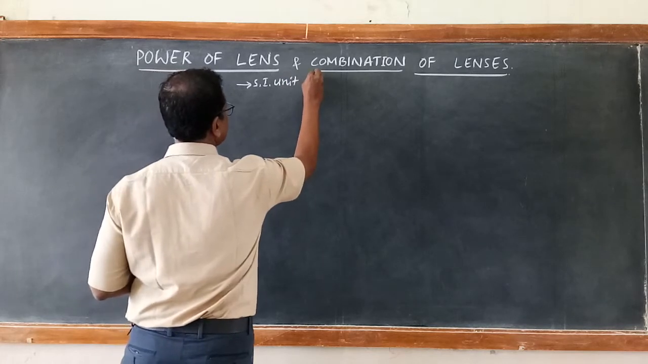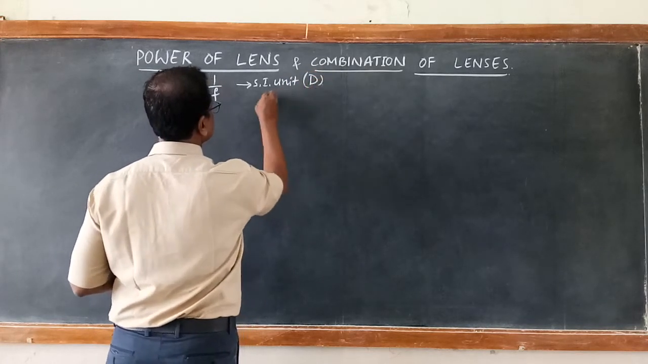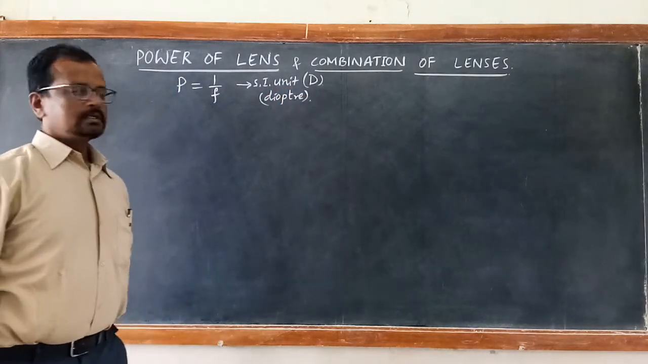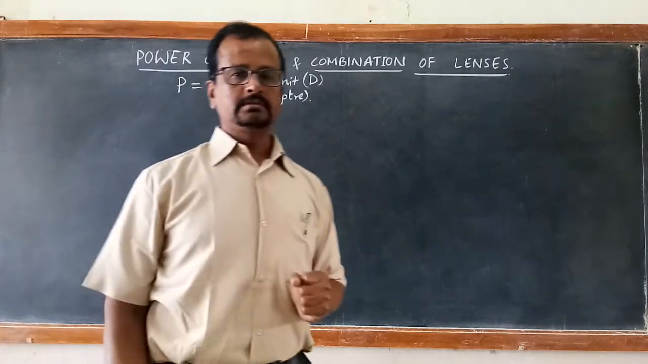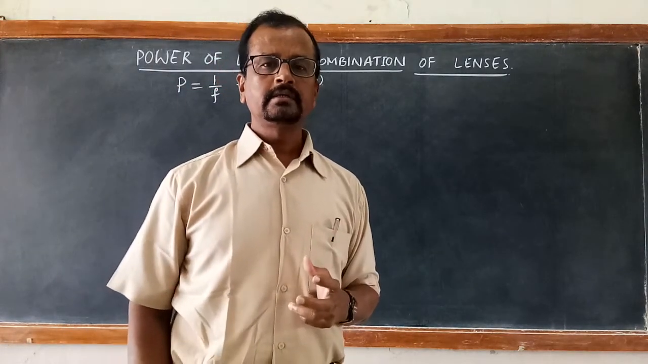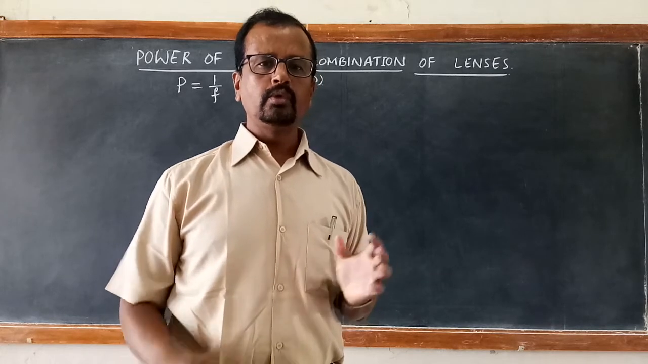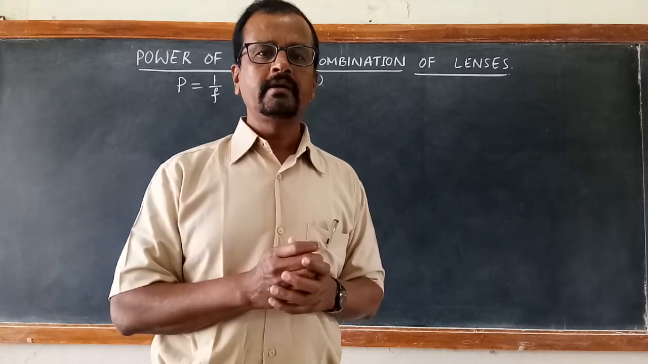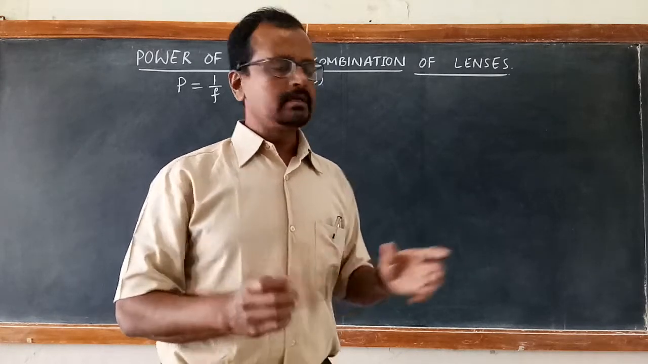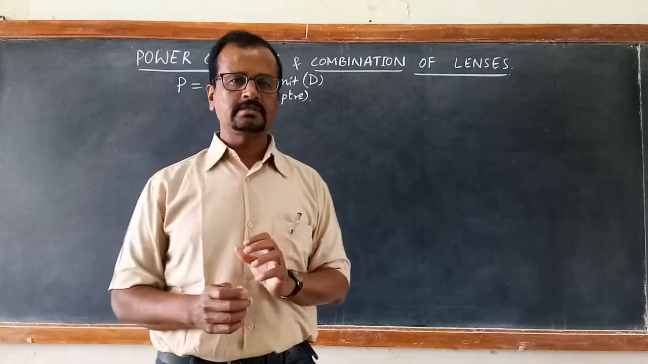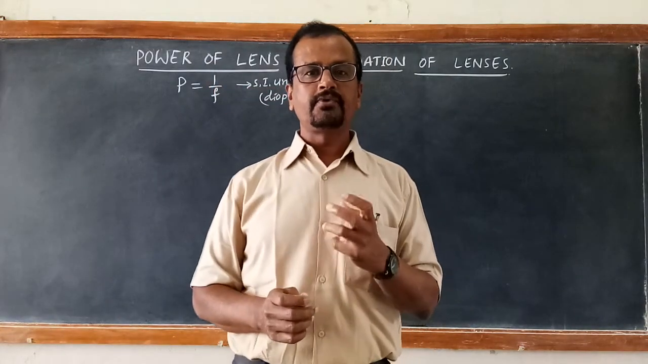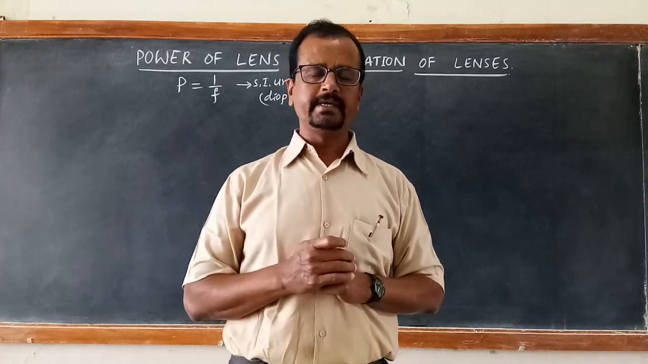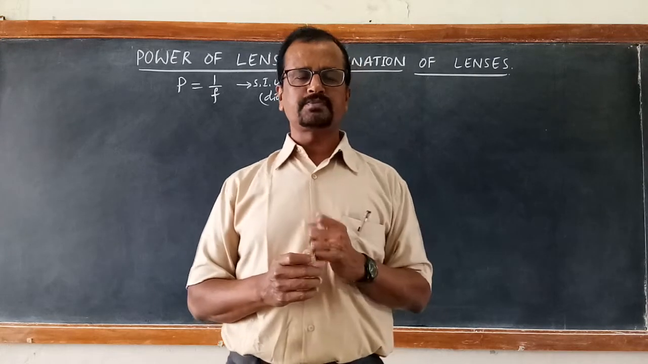diopter. Use of the unit power is rather more convenient for opticians who use different lenses, combine them to produce a lens of different focal length. It is convenient for the opticians to use rather than using focal length. Focal length is expressed in terms of meter or in terms of centimeter, whereas the power is expressed in terms